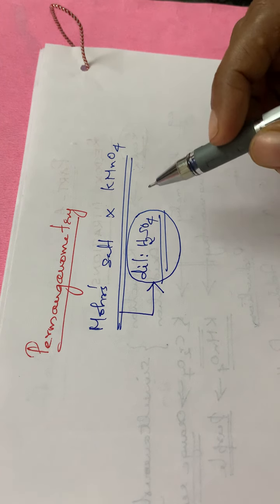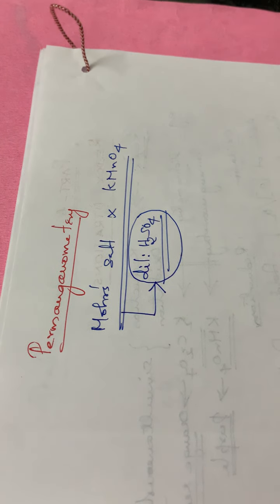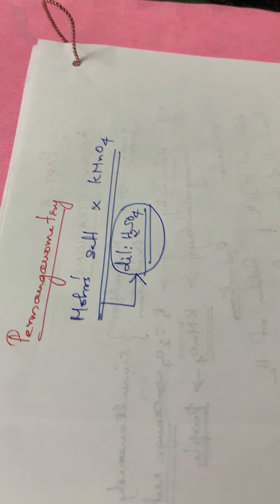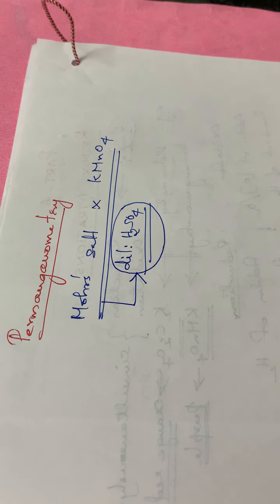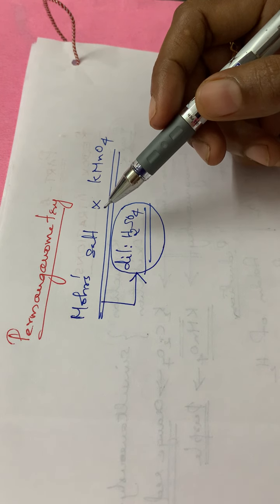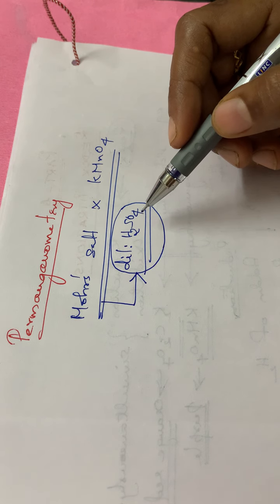converted to another form, or it will be reacting with water. Not reaction, it will be hydrolyzed. Mohr's salt gets hydrolyzed. So this Mohr's salt, if we are taking it as a solid and we have to dissolve it, first of all we have to treat it with dilute sulfuric acid.